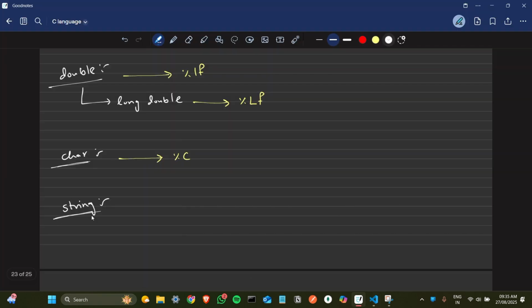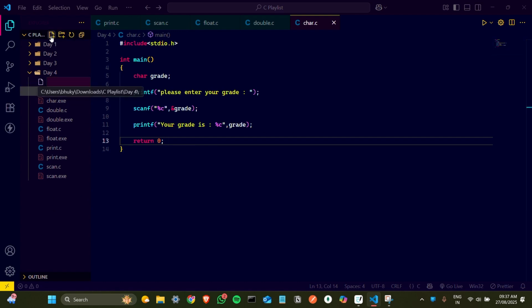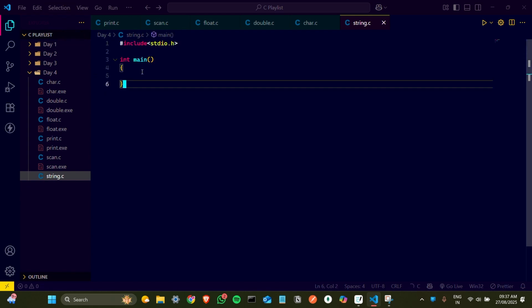Okay, coming to string data type. So we don't have a string data type in C, but technically it is called a character array. So we will discuss about array in the upcoming videos. And coming to the string, we use the format specifier as percentage %s. So let's see this in the code. So kill this and create another file, that is string.c, and here